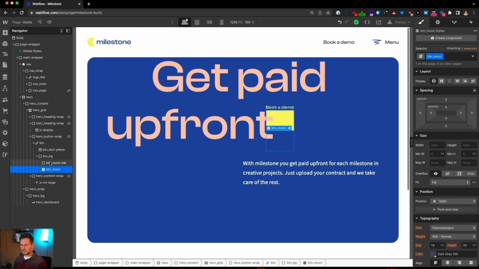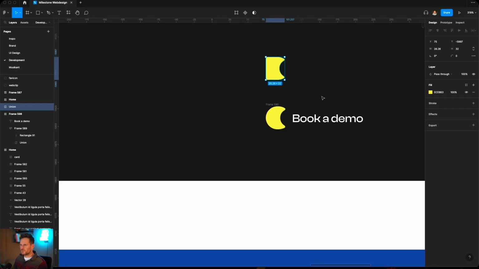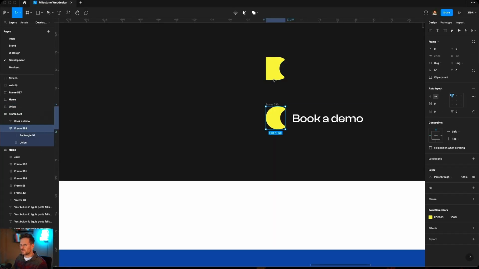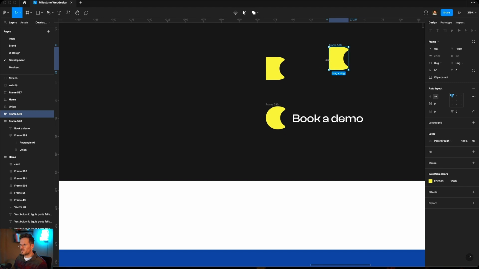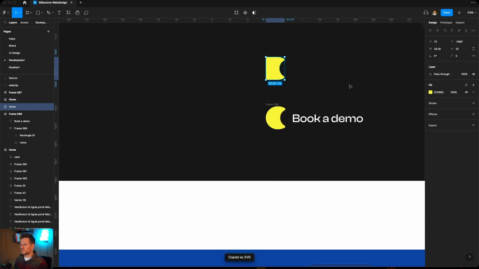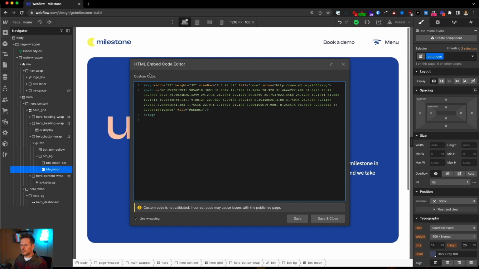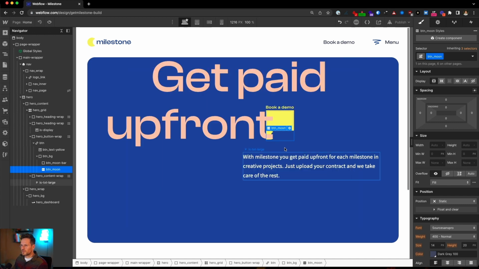So let's start with the SVG code. If you don't know how to work with SVG code like this, I've copied this one from here. So you have exactly this one. You can copy here like an SVG, get back to Webflow, paste it here. And we have to do some extra settings here because I can show you what's happening.